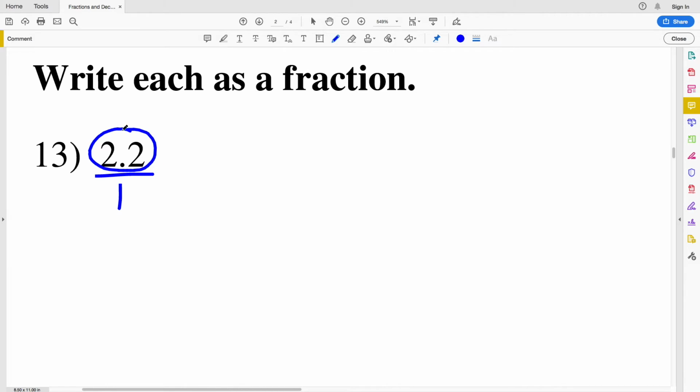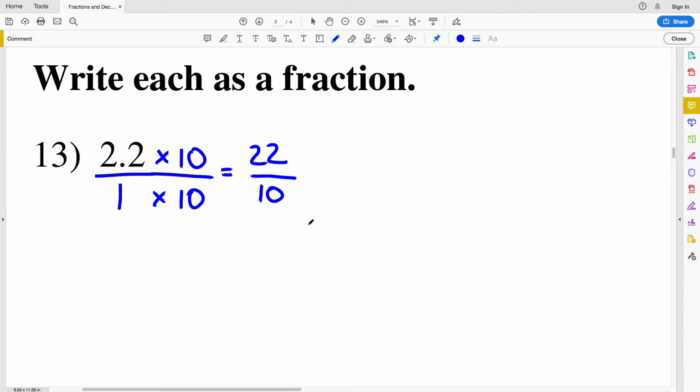In order to get a whole number out of 2.2, we need to multiply by 10 to move the decimal place to the right. So multiplying by 10, we'll get 22 in the numerator. But remember, whatever we do to the numerator, we need to also do to the denominator. So we'll also multiply 1 by 10. So we'll have 22 over 10. And this fraction simplifies down. For example, I can divide both by 2. Dividing both the numerator and the denominator by 2,